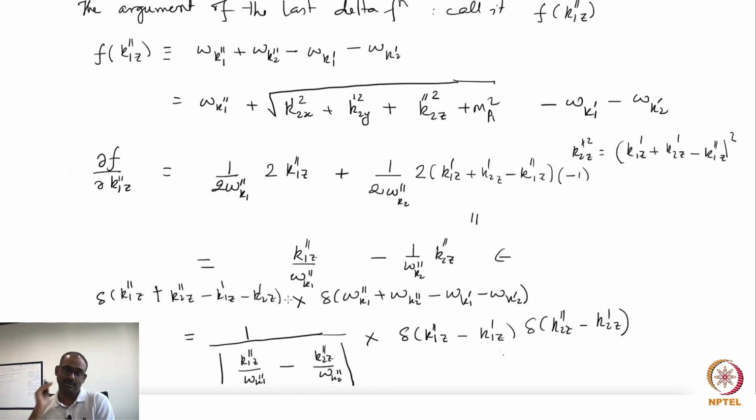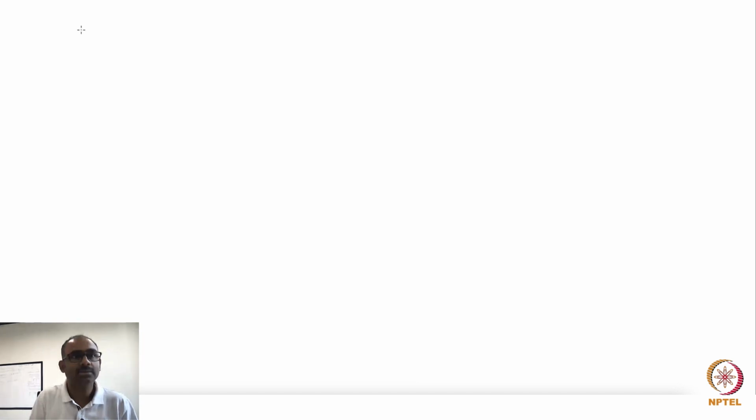earlier I had the equality of the x components of K1 and K1 prime and K1 double prime and K2 prime and K2 double prime, but now also I have equality for the z components of K1 prime and K2 double prime. Okay, so all the 6 components are matching now. Okay, so what did we get finally? We get this